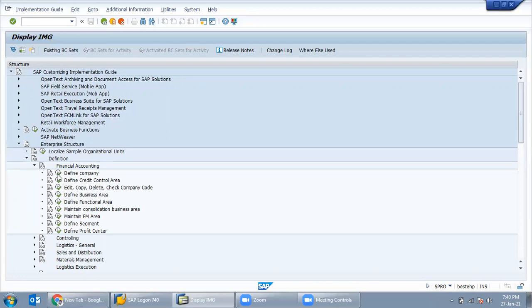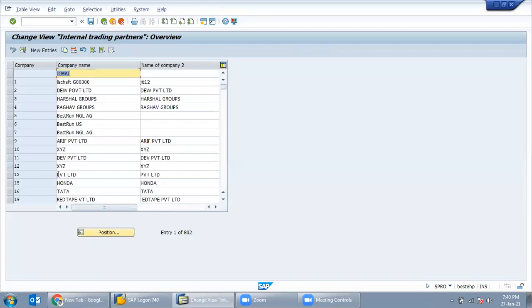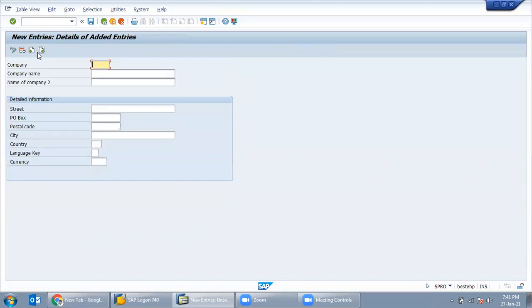Now click on Define Company. So here you can see that n numbers of company codes are available. But we need to create a new one. So suppose click on New Entries. For creating the new company code, we have to click on New Entries.